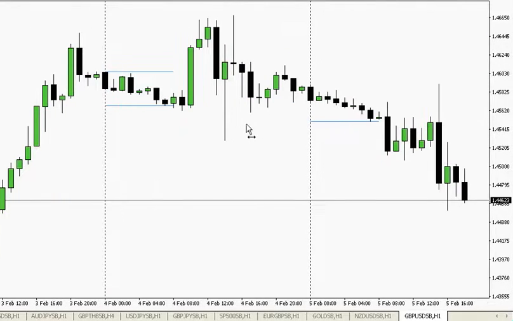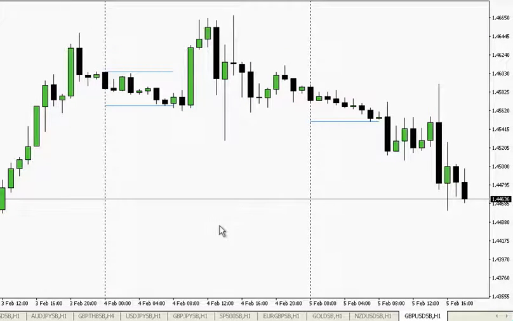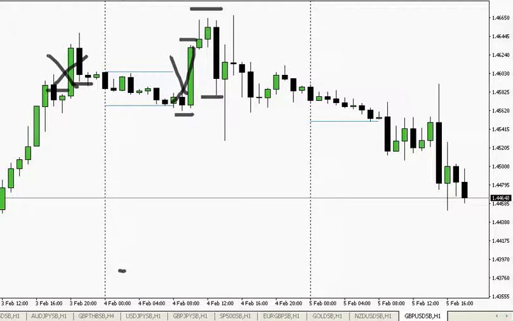Let's just move on again to yesterday, which was a difficult day for everyone. So we have this long from here and this short hedge, and we start in the morning, we break out, and we have this long here, and then price reverses and we have this short here. So this stops out, and your hedge here was stopped out as well. Now we have this hedge, and our long stops out on this spike down, and then this was the next trade here, so we're in a hedge again.